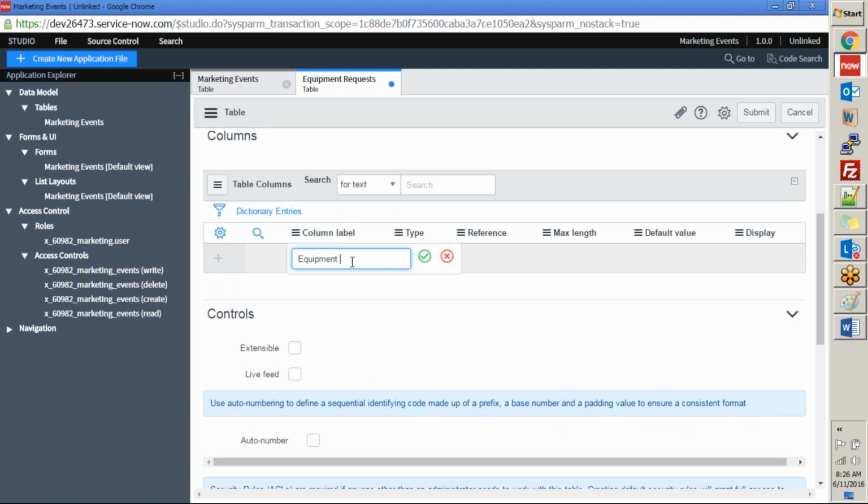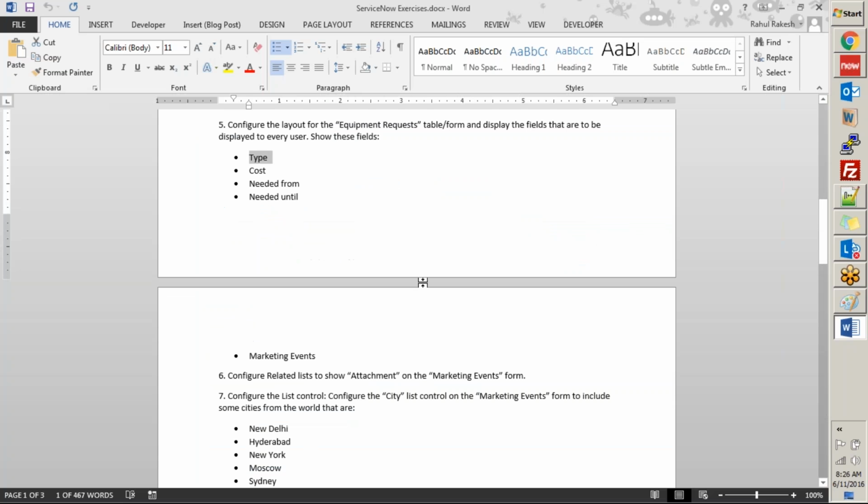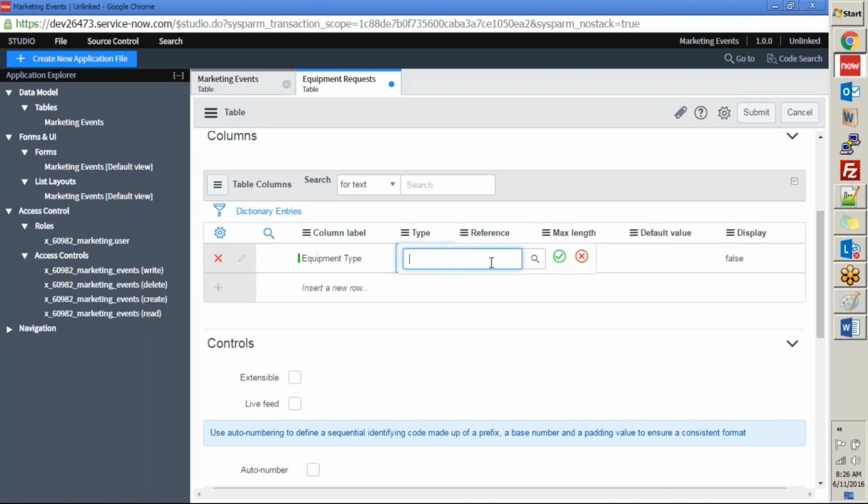I'll go ahead and put equipment type. Don't want to put just the type here, that will confuse us. So I'll put equipment type, and equipment type will be a string field. I'll go ahead and put cost,